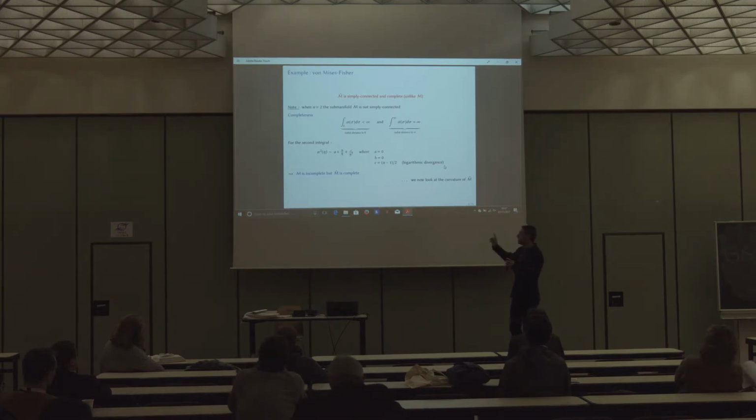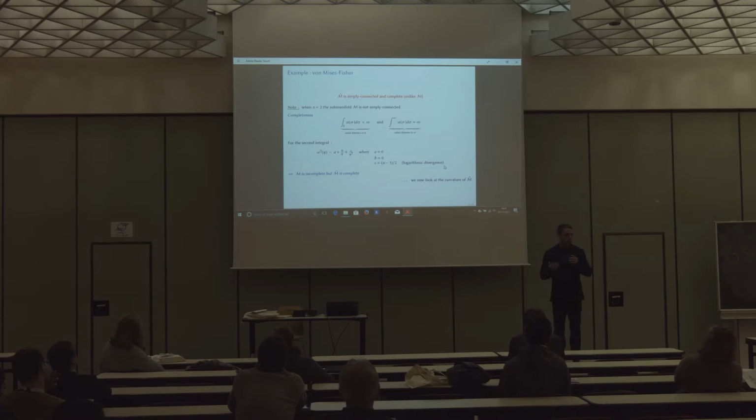So that's not a problem for the completeness of M hat. The second integral diverges because we can look at an asymptotic expansion of alpha 2 as eta goes to infinity as a power series of 1 over eta. The first coefficient A is 0, so we cannot decide. The second coefficient B is also 0, so we cannot decide. And our last chance is the last coefficient. And luckily, this is non-zero, so we have logarithmic divergence of our integral, the distance to infinity. And this shows that M hat is complete, right? But M is not complete because the distance to 0 is finite.